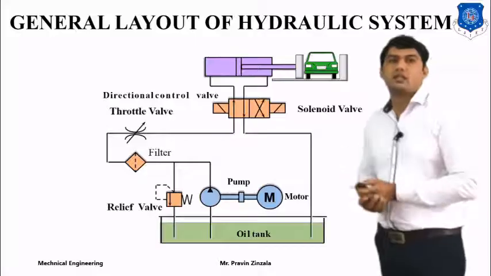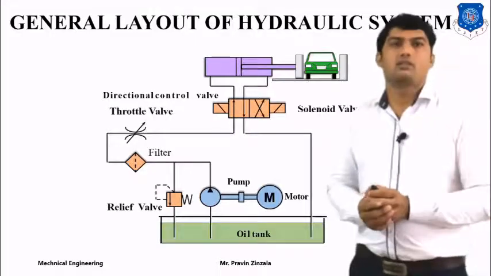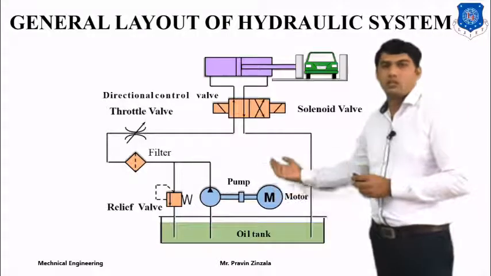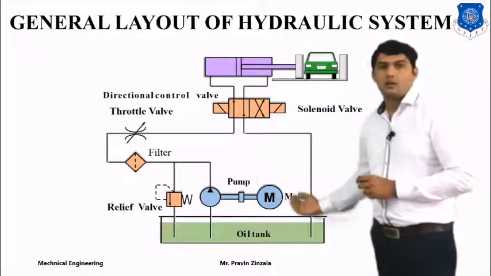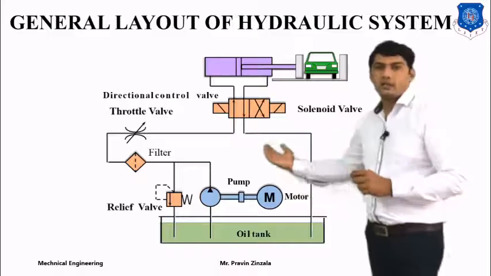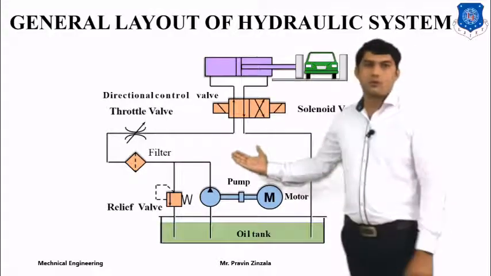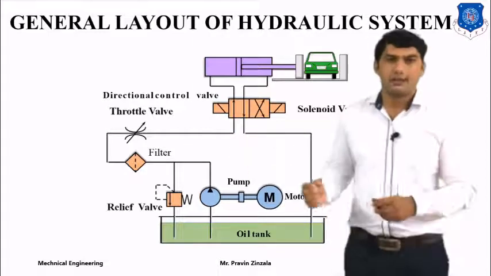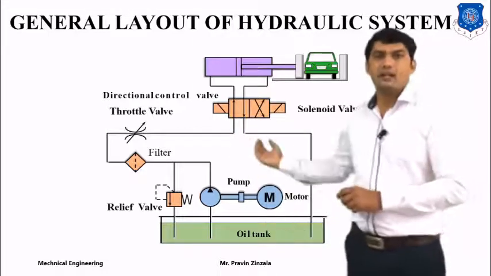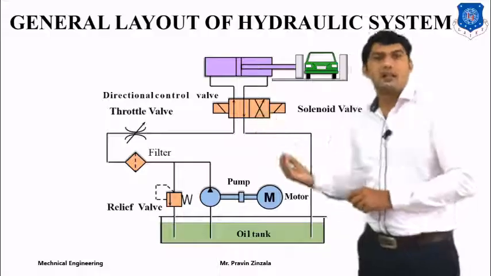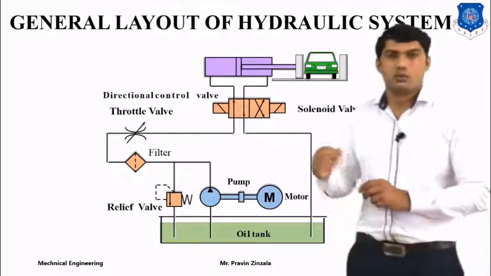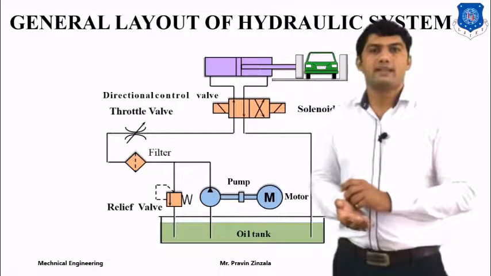So this is the general layout of a hydraulic system. The basic components of a hydraulic system are the electrical motor, hydraulic pump, storage tank, and different types of pressure control valve for proper operation of the hydraulic system. Then come the different types of filters, like the inlet filter, inline pressure filter, and return line filter. Then come the different types of flow control valve for controlling the fluid in the hydraulic system.